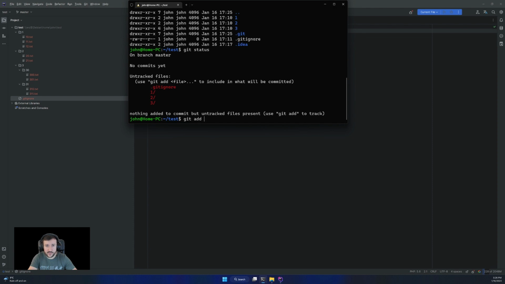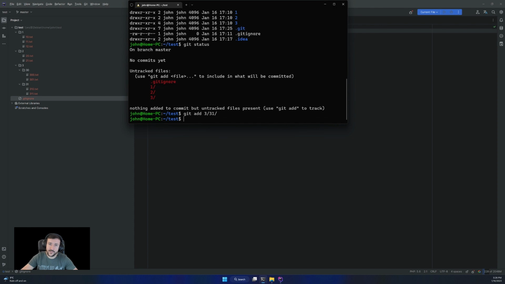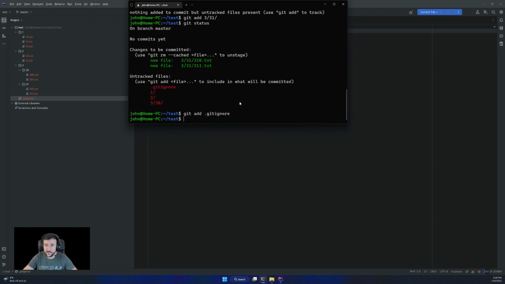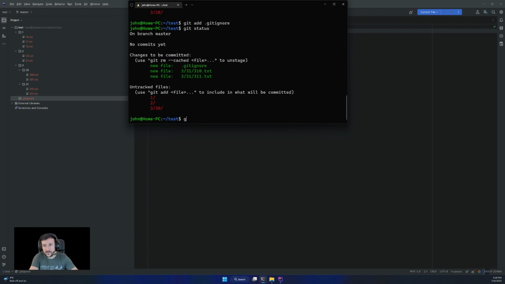If I go, let's say, 331, this will add everything that is in the 331 folder to be tracked. For files, if I do like this, it will add this file.